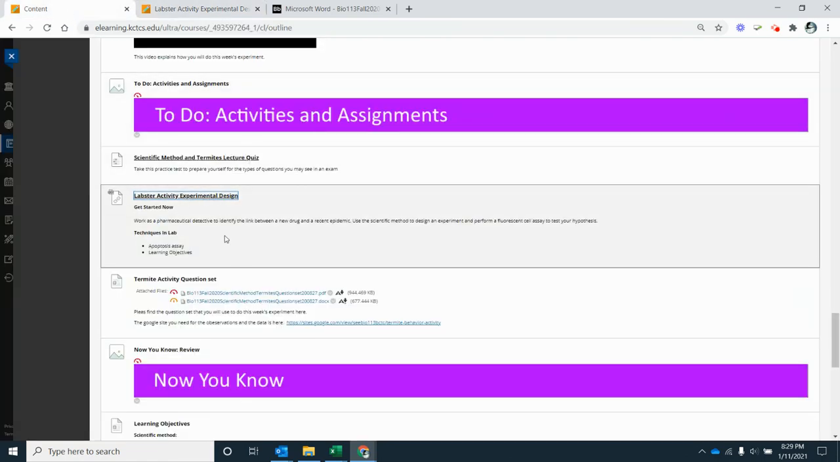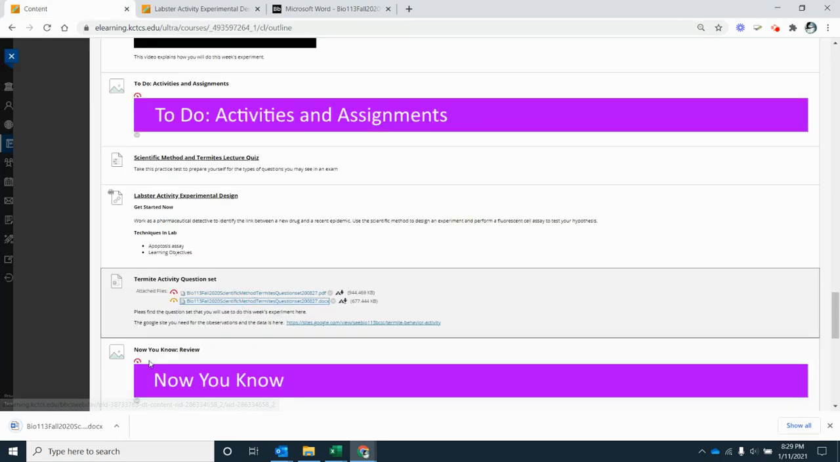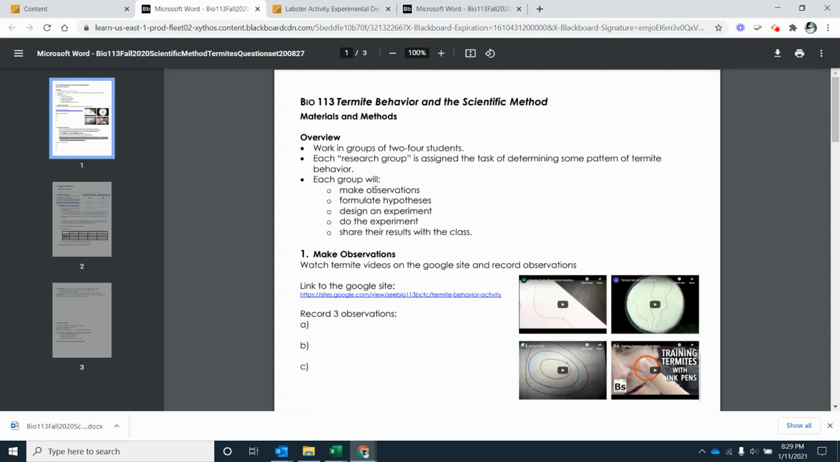So that's where the Labster experiment comes in, and then comes the question set. And the question set, you've already seen part of the question set. I've modified it a little bit. Actually, let me look at the PDF instead. I've modified it a little bit. So the original question set you just saw as part of the lab handout is what we usually use in the lab. But this one is going to be a little different because we're going to have to use data that's from the